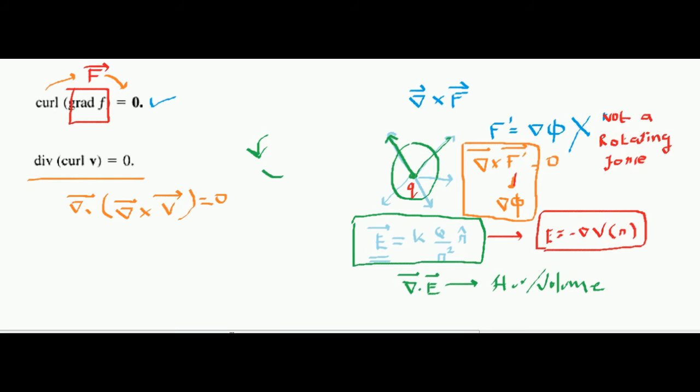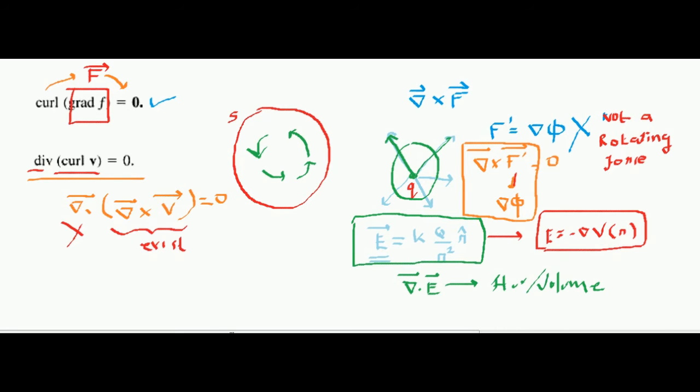So consider this electric field is rotating. If this electric field is rotating around a circle, then if I assume any surface, any Gaussian surface S, is there any flux coming out of this surface? No, there is no flux coming out of this surface because the field itself is rotating. Hence, if V is a rotating force, then curl exists, and if curl exists for any function V, then the divergence of that curl will be 0. So this is the physical meaning of divergence of curl of V. Agreed?